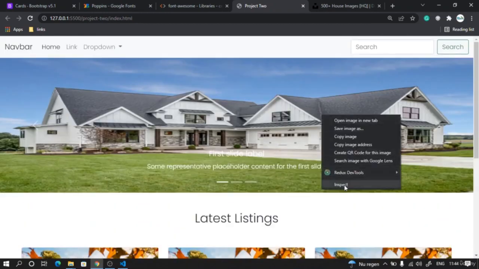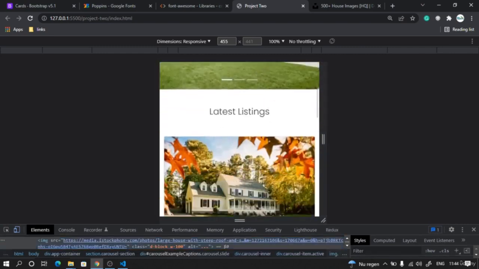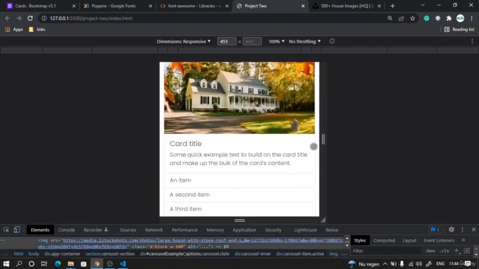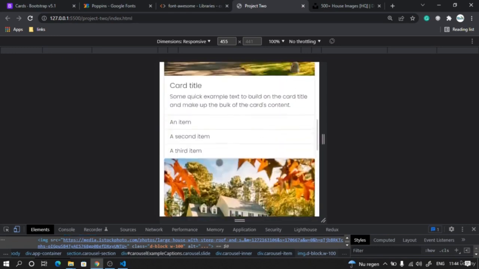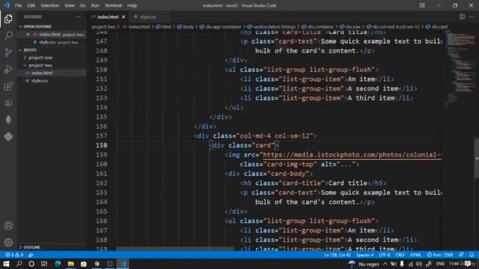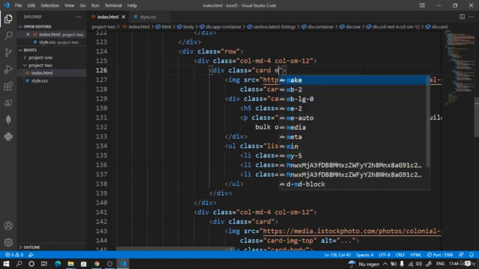So if I right click, inspect and then try to see it in the mobile view, you see it looks great. There is no issue. But then there's no gap between the two cards in the vertical view. So let's fix that as well. So in the vertical view, at every card we will apply a margin bottom of 2